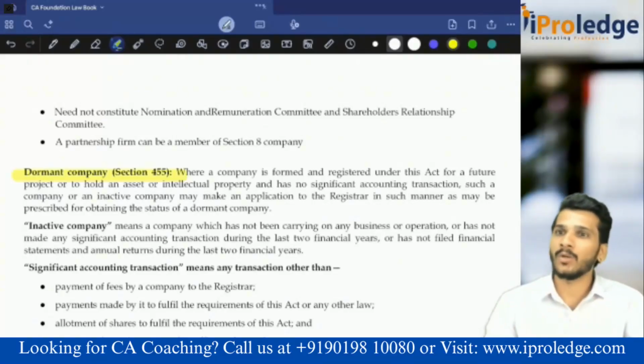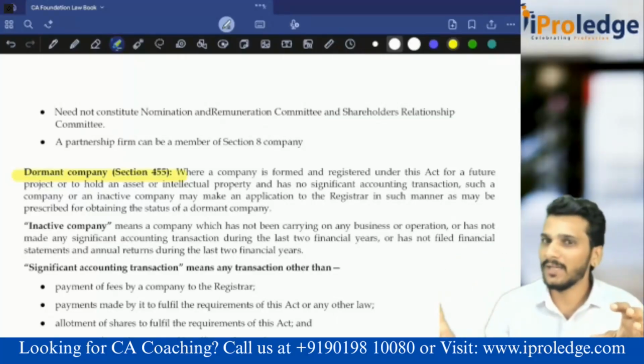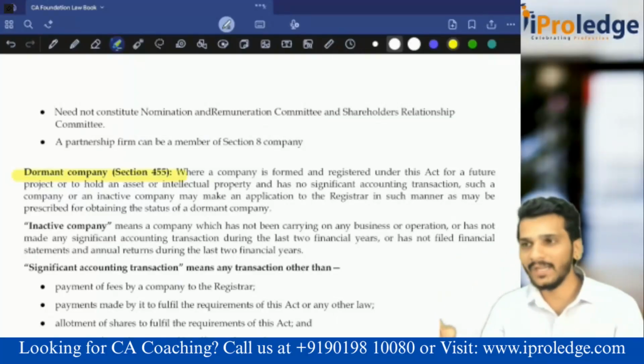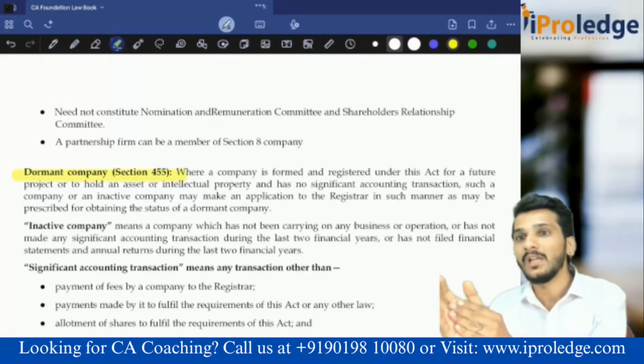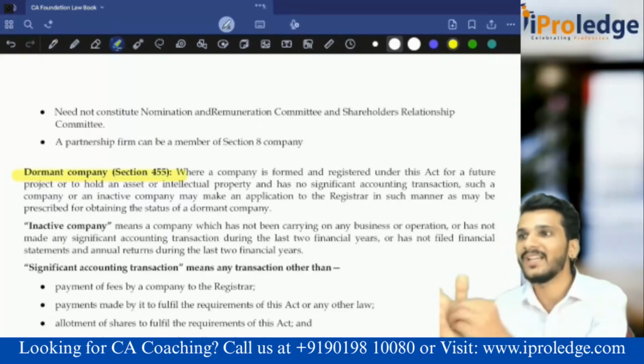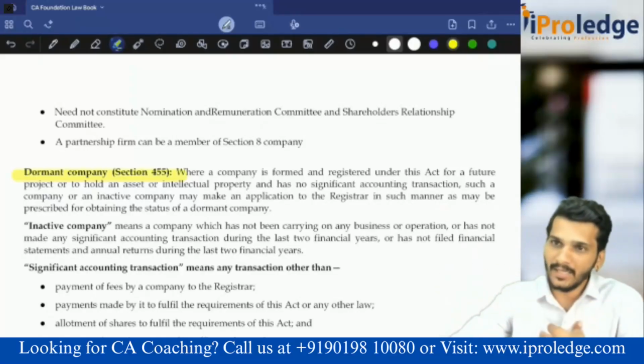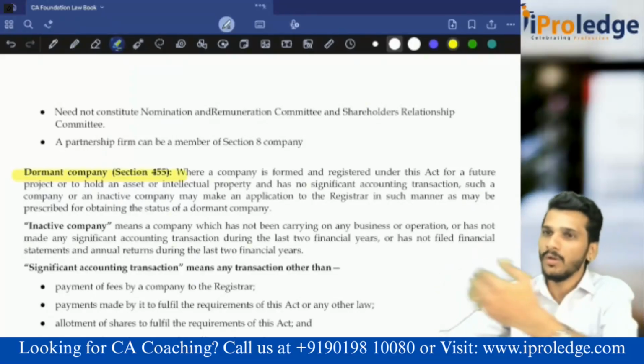So he wanted to start that Ola company, but he was already in college. If he doesn't start now, somebody might copy that business idea. He will register that idea, patent the idea, incorporate a company, and keep that idea in that company only. Why? The company is formed not for doing business, but for holding that idea, or for the purpose of some future transactions. Whenever I complete my degree, I'll come and do the business here.